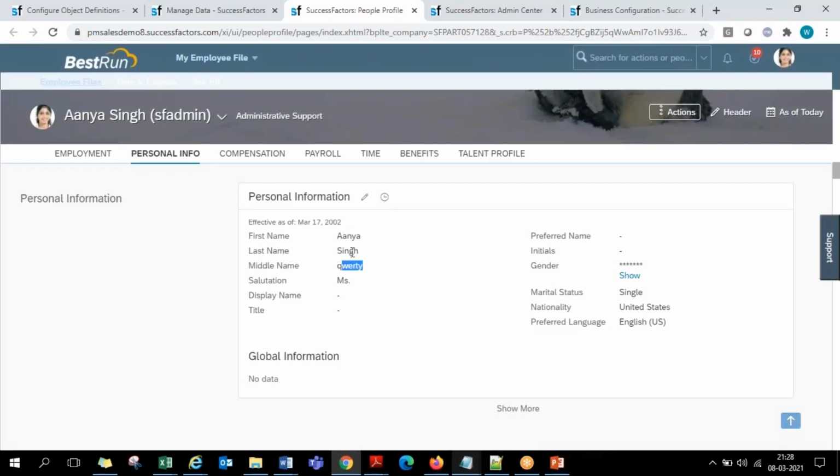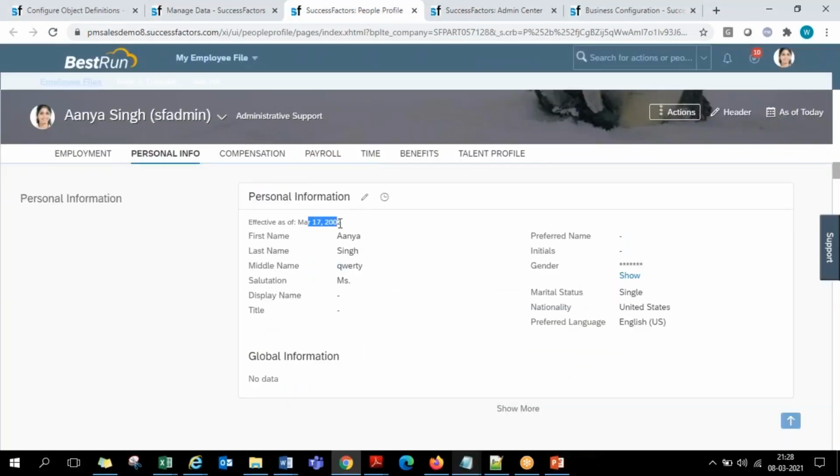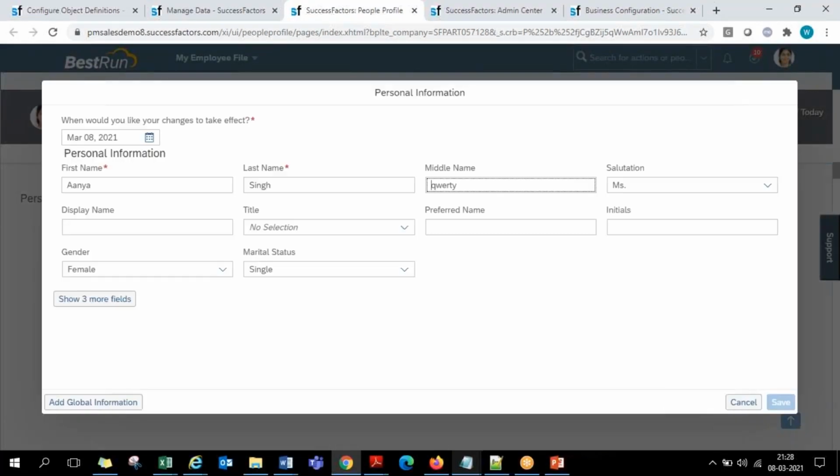If you want to make that kind of change, that is called correction. What we have now done, going into the historic view and editing, is correction access. That is where in the permissions, here you have this correction checkbox. You give this, but if your requirement is not to correct the existing record, and from today you want to make a change, that is, since 2002, when the employee joined, till today, his marital status is single only. But now, after these many years, he's getting married, for example. If you want to change his marital status, then you can go for edit. Whatever you are now going to edit is going to update effective today, March 8th, 2021.